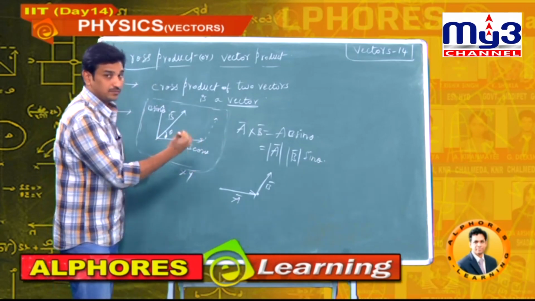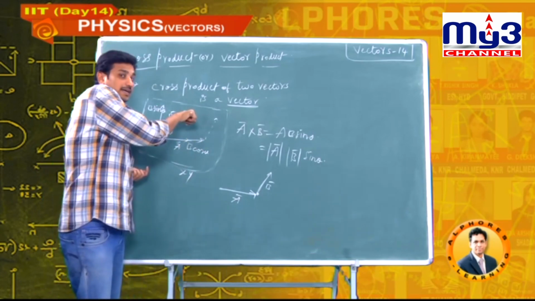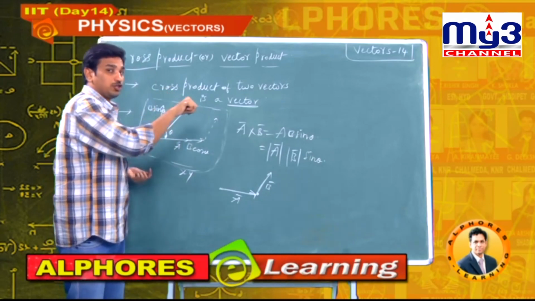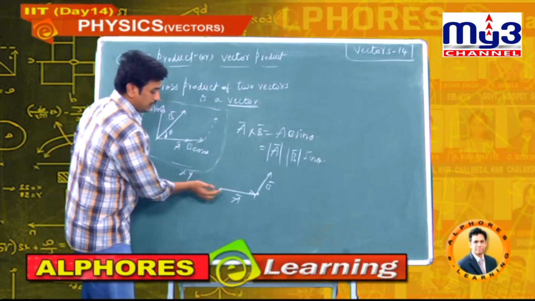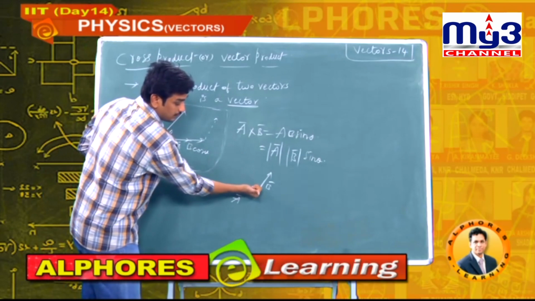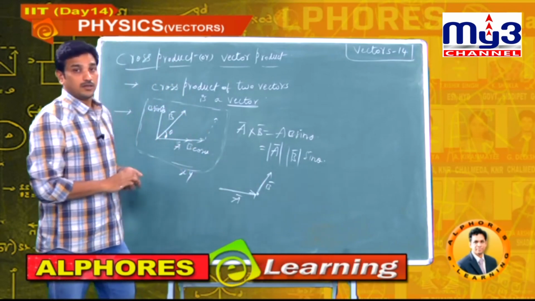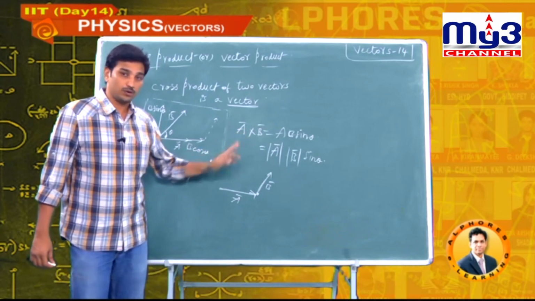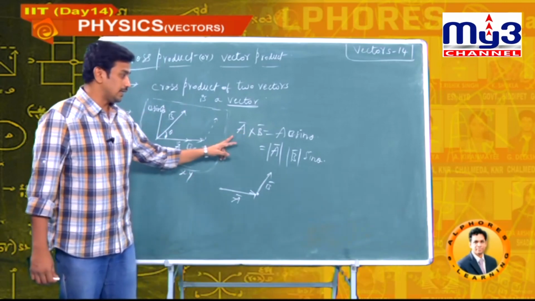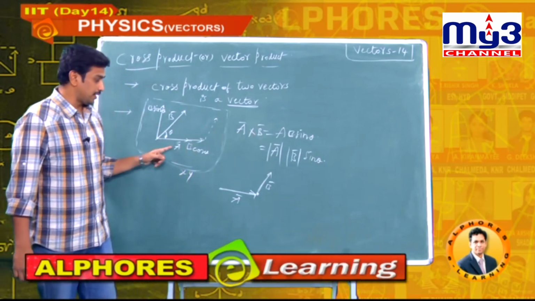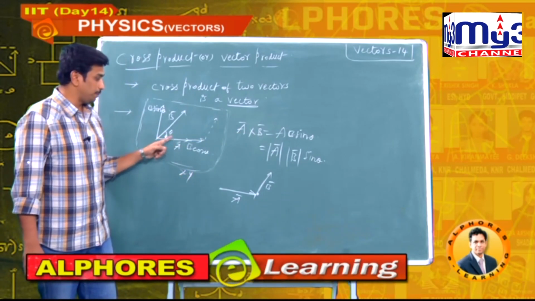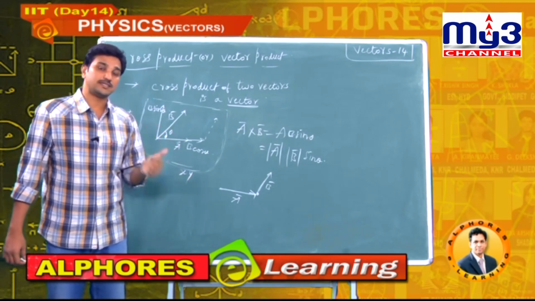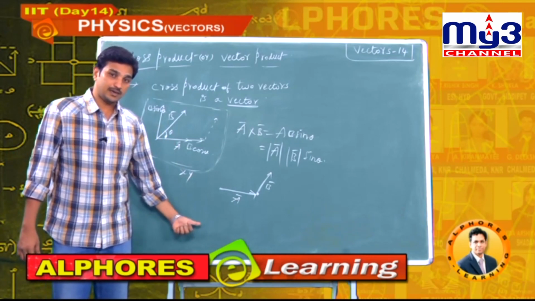Now this indicates K cap. Inside indicates minus K cap. Out of the board is plus K cap, into the board is minus K cap. Now here A cross B is this one, the thumb. Now I will try to identify the direction of A cross B by using the right hand rule. Always A cross B is perpendicular to the plane containing A and B. A and B are in the plane of XY, so A cross B is along the Z axis, maybe plus Z or minus Z.